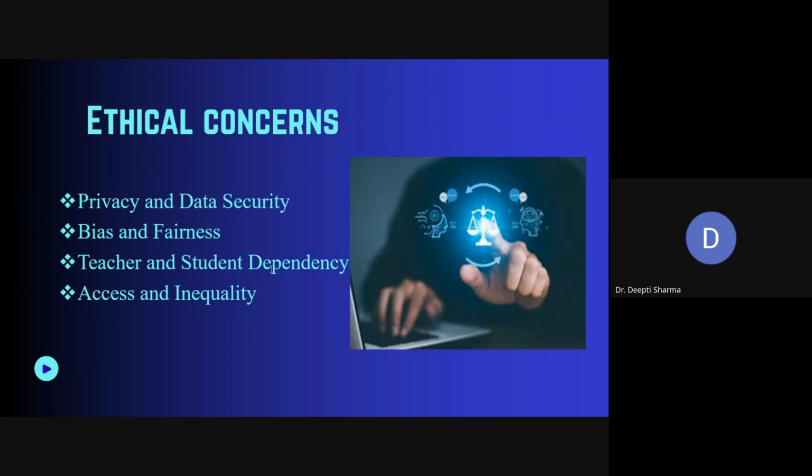Access and inequality can also be there. Not all students have equal access to AI-powered education resources, so there can be a gap between privileged and underserved communities. So these are some of the ethical concerns, and we can